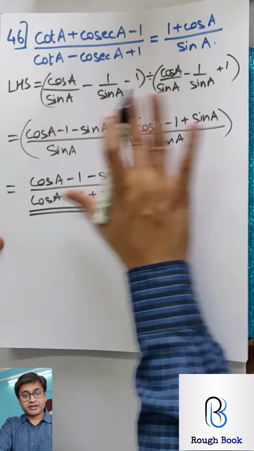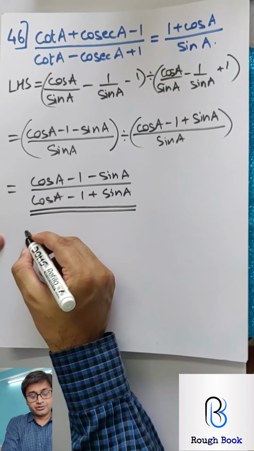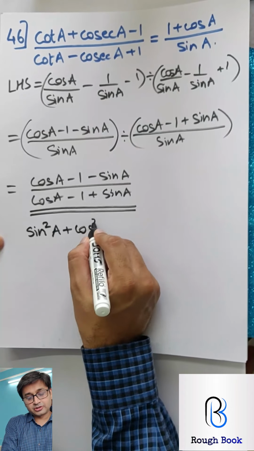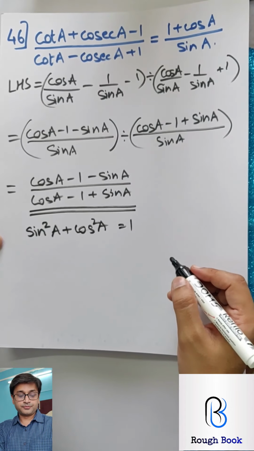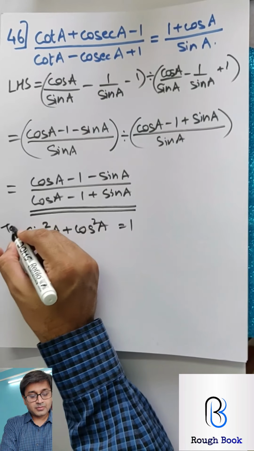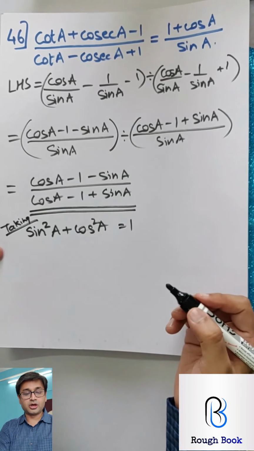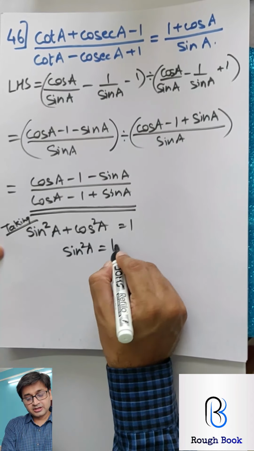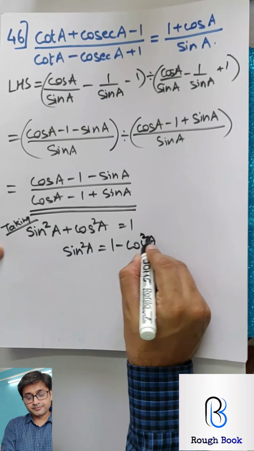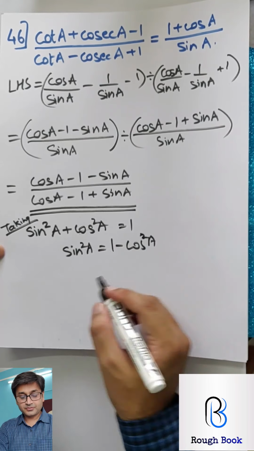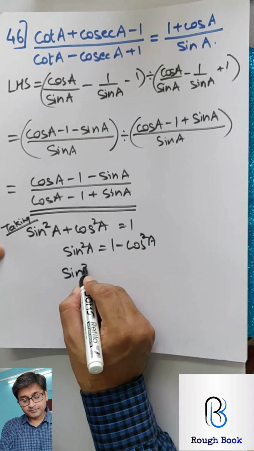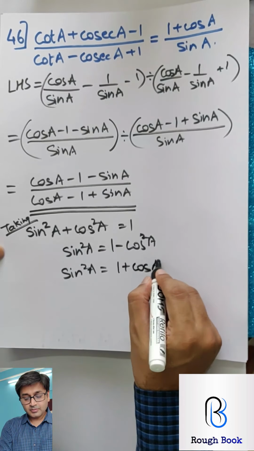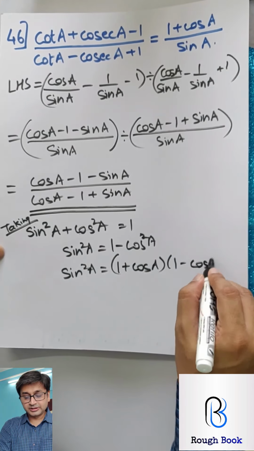How? So forget about LHS, RHS, and now see how you start. We say sine square plus cos square is equal to 1, and you are just taking this randomly and beginning it. So I will say sine square A is equal to 1 minus cos square A. I push this on the other side. So I will say sine square A is 1 plus cos A into 1 minus cos A.